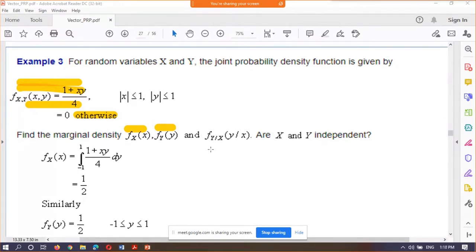So those who have calculated f y equals to 0, that should also be 1 by 2 because the same integration you are doing. Now the variable of integration is x. Now the next one is,